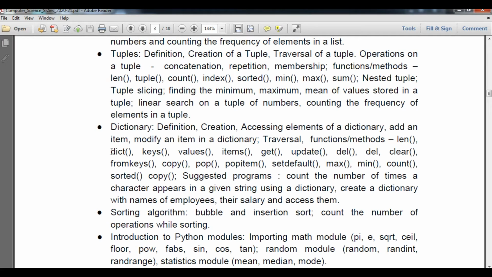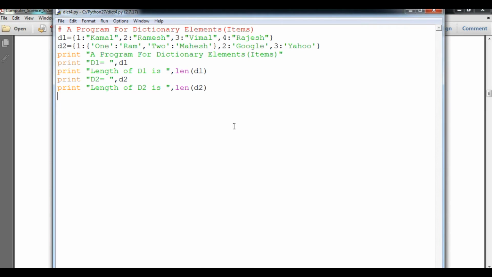Students, we have already covered the dictionary functions. Now we are talking about these 3 important functions, that is keys, values and items. To access an element, suppose I try to access it: as you know, we can access an element in a dictionary by key.